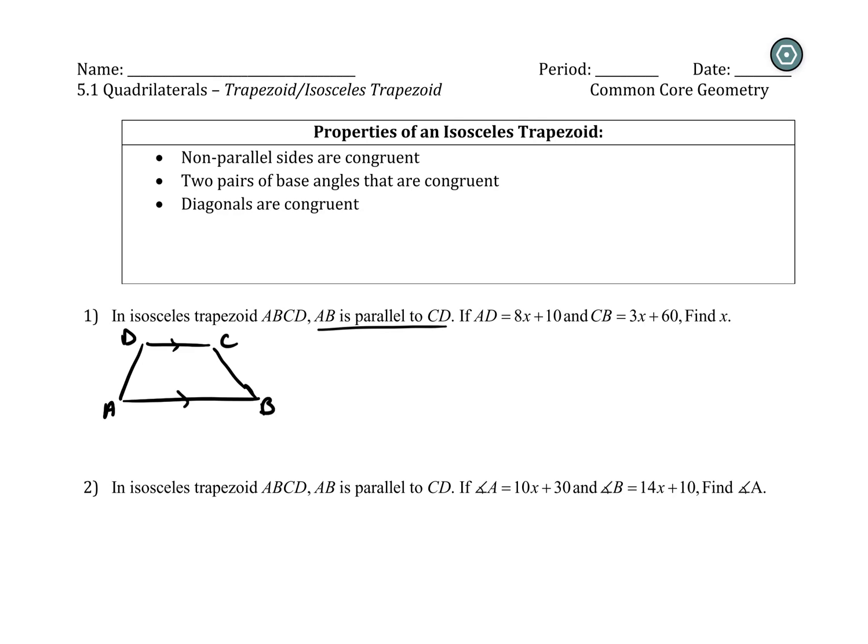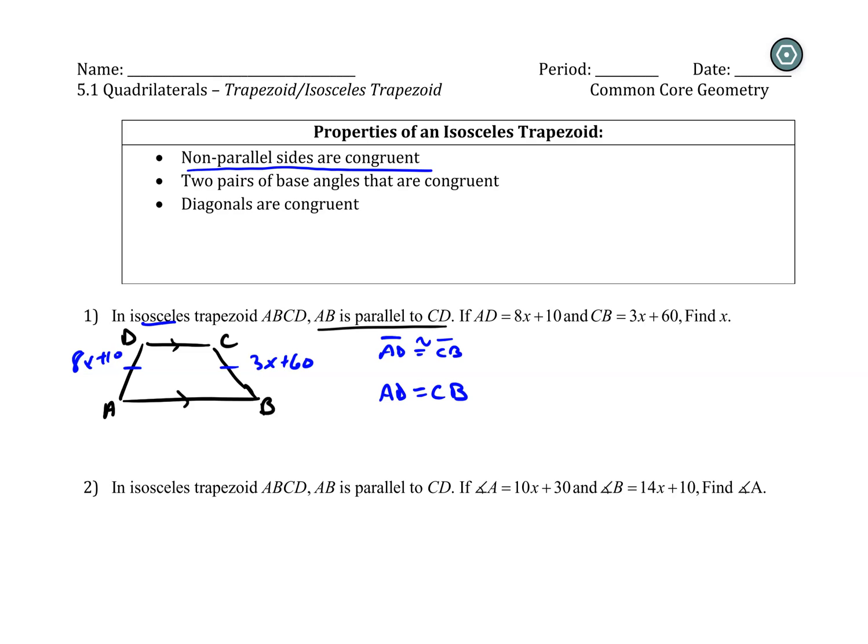And if it's an isosceles trapezoid, then that means the non-parallel sides have to be congruent. So that would be these two here. In this diagram, they're telling me that AD is 8x plus 10, and CB is 3x plus 60. Since we know in an isosceles trapezoid that the non-parallel sides are congruent, I can take these two sides, AD and CB, and say that AD is congruent to CB. We know that. So that means I could take the length of AD and set it equal to the